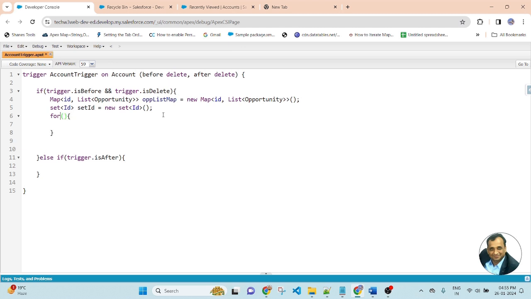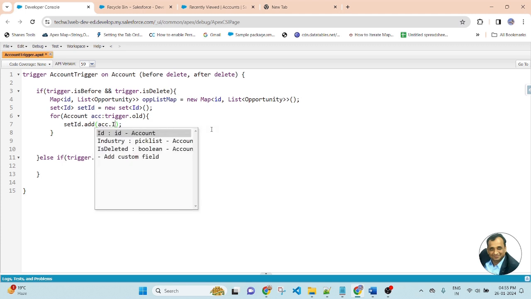For account ACC colon trigger dot old, because here I am returning list of old session of record ID of account. So here I am putting the account ID into the set of ID dot add acc dot id. After for loop,